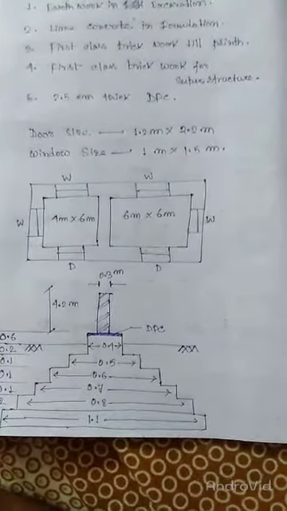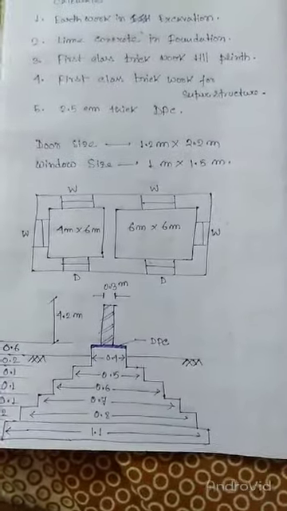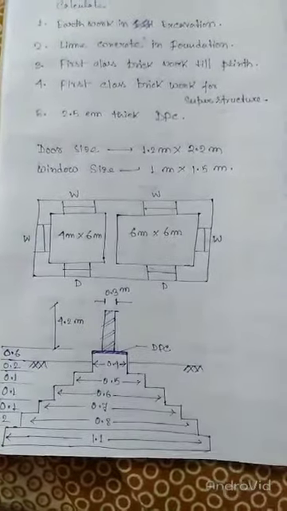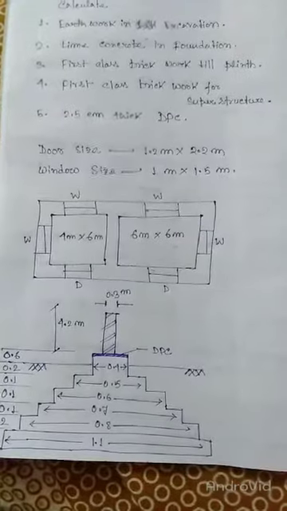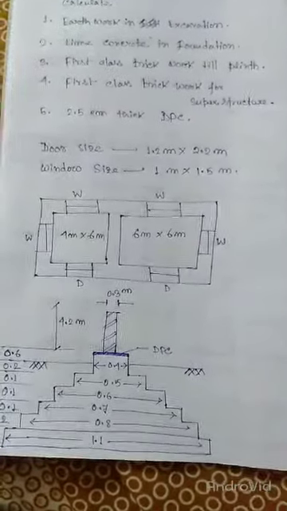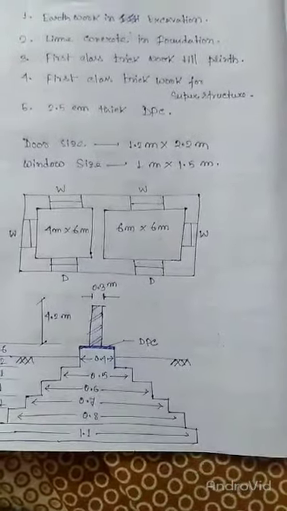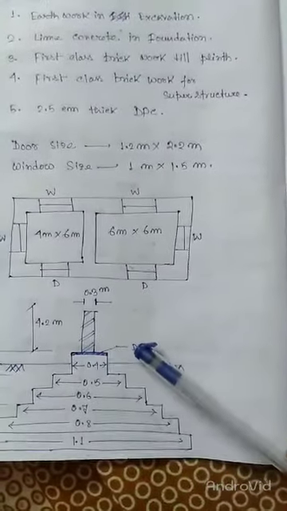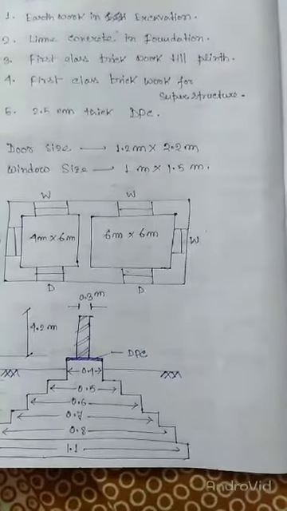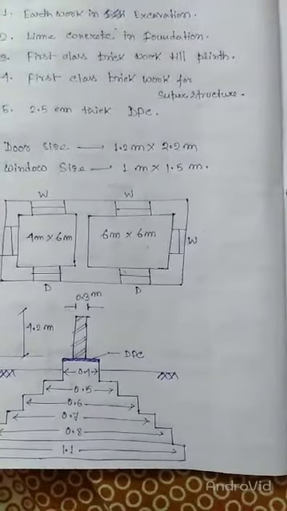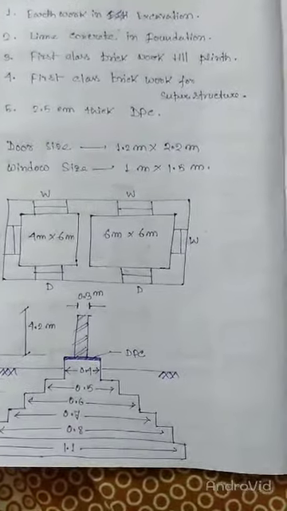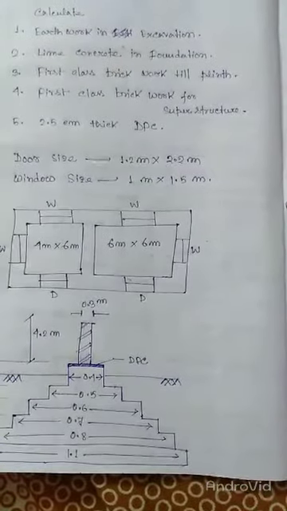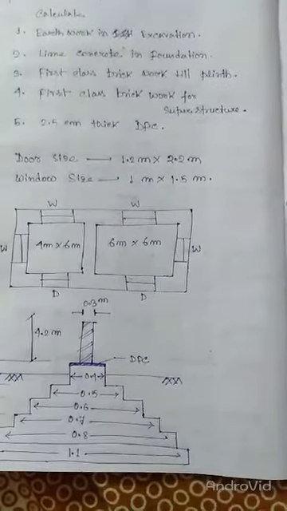This is the width of the wall, and that is 0.3 meter. Then the height of the superstructure is 4.2 meter. Here we have the plinth level, and this is your damp proof coating, DPC, which is 2.5 centimeter. Now the width of DPC is given as 0.4 meter. For the plinth level also we have a width of 0.4 meter.